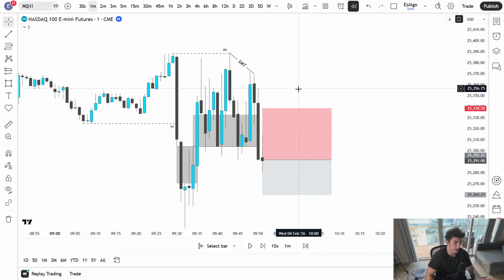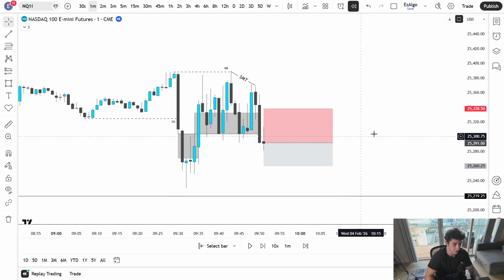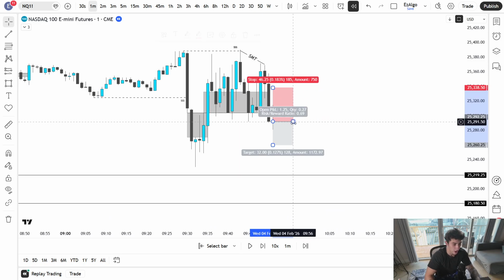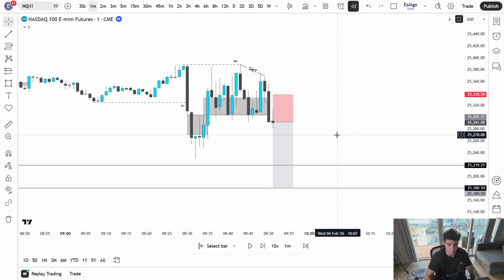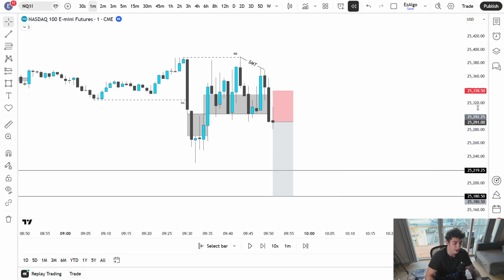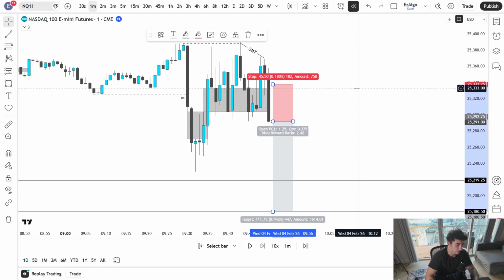So we had the SMT, and then immediately on the candle that followed, we saw that inverse right at the 950 macro. Like this is textbook stuff, like time, price, everything is aligning here. This was when I said, you can enter the trade here.